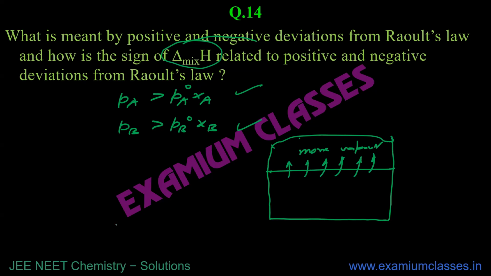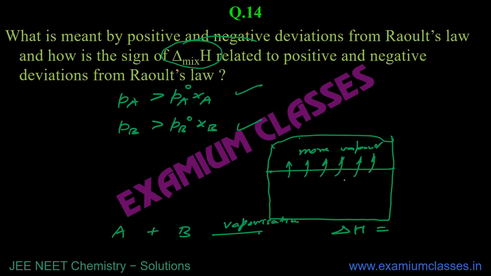So remember what's happening. You are mixing A and you are mixing B. Then there is vaporization. So here delta H will be what? It will take heat and then get converted to vapor, and there is higher vaporization. Is this concept applicable, and if it is applicable, how is it applicable?